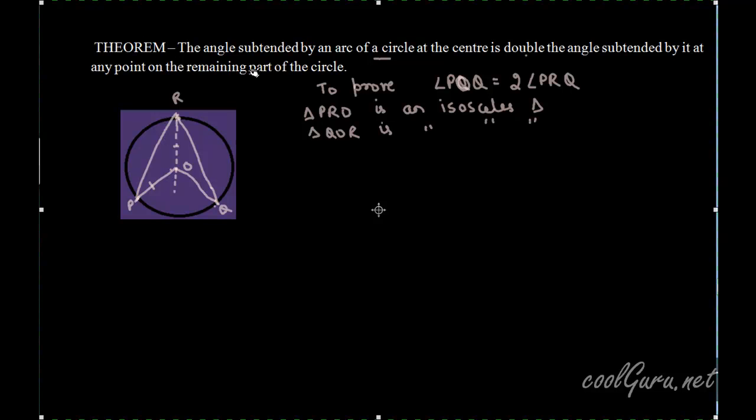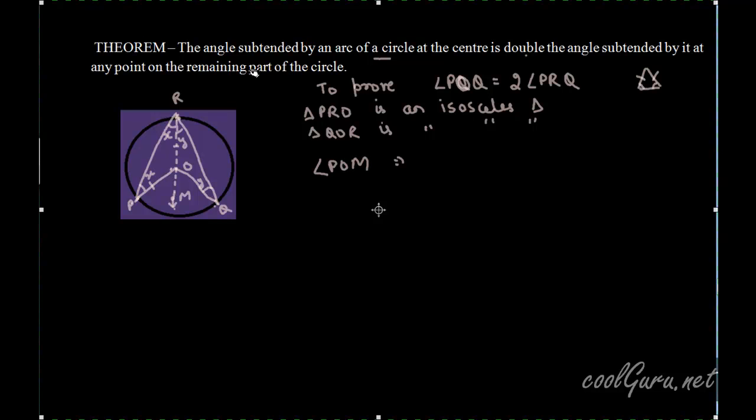And we know that in an isosceles triangle, 2 of the sides of the triangle are equal and their corresponding angles are also equal. It implies that if this angle is x, this angle is also x, and if this angle is y, this angle is also y. Now for the proof, consider the angle PO. Let me name this point as M. Angle POM